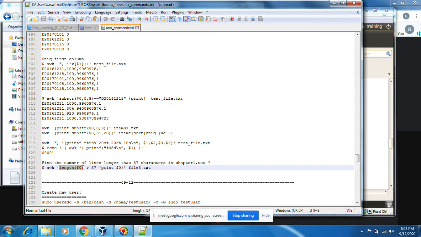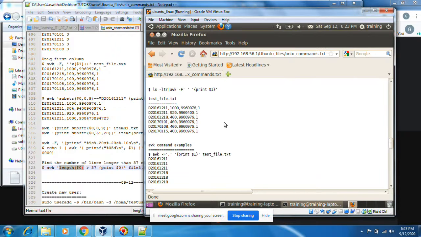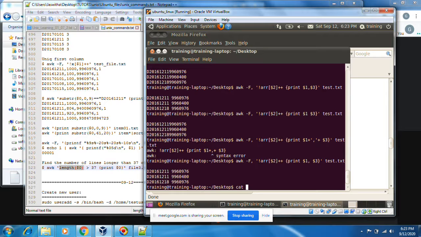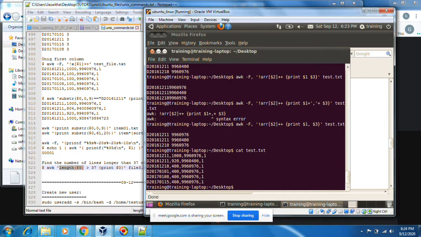Okay, take any file and check the length of any line. Suppose the length of this line, cat. Okay, you can see the entire count, the number of characters.